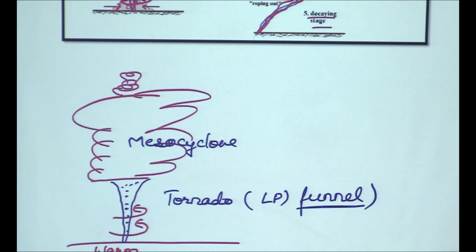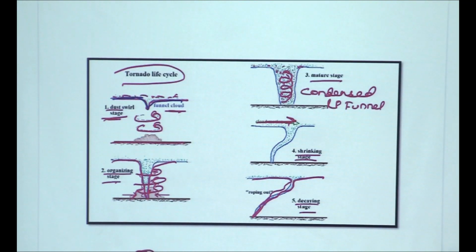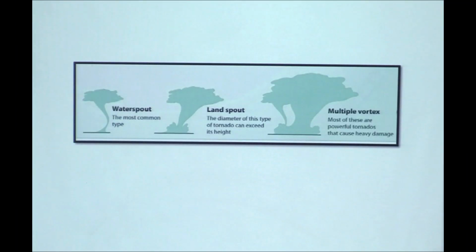See the stages one more time. Funnel cloud touches the ground. Intense low pressure funnel, destructive. And then it starts dying. The developed types of tornadoes